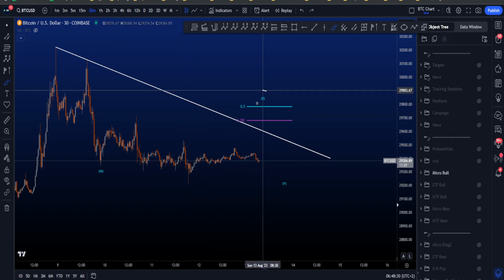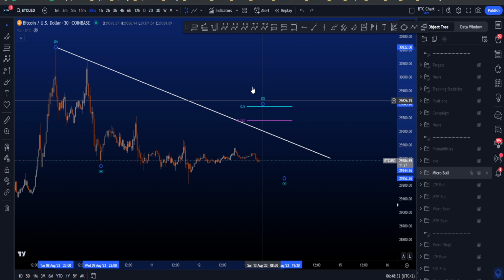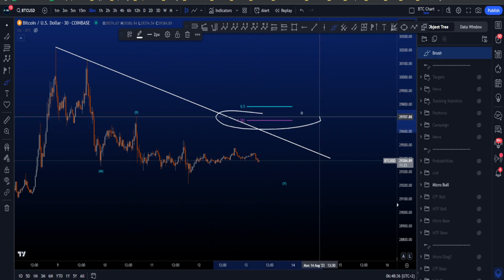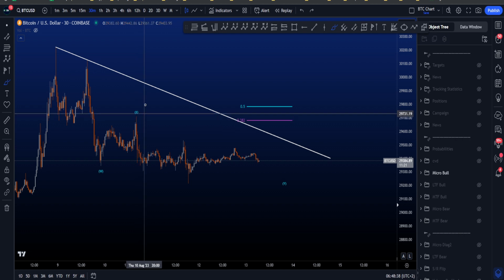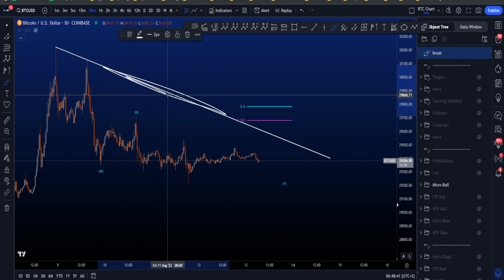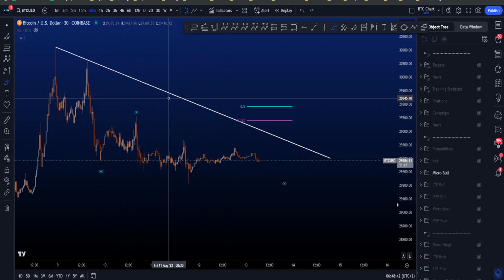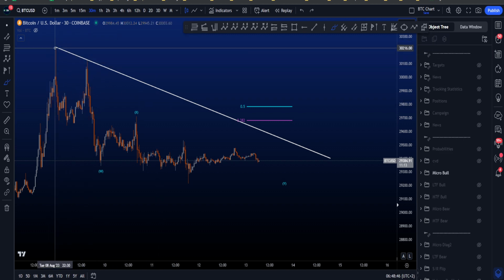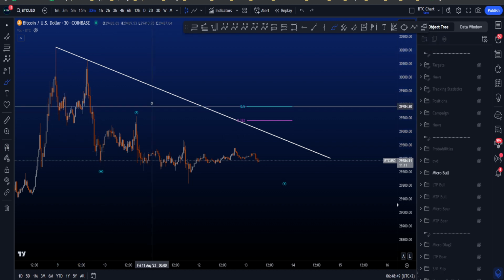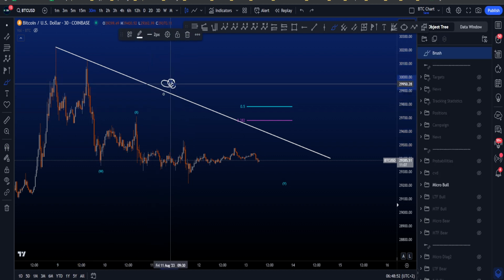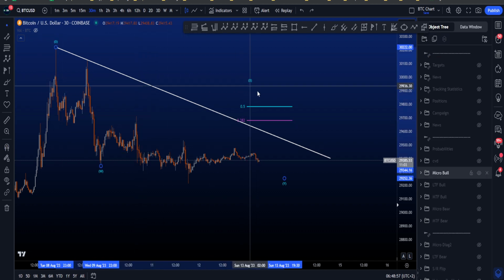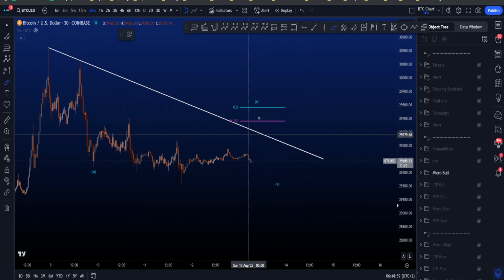But then this wave X, if you put this wave X on this pivot over here, Fibonacci wise, it did hit the 382, which is good. However, it didn't go above this trend line, which is important in a double zigzag. It's a trend line taken from the high of W to the high of the first B in an ABC, and you definitely preferably want to see wave X going above this trend line, which isn't the case. So therefore, in this scenario, still looking for X to go up here and then for a wave Y to